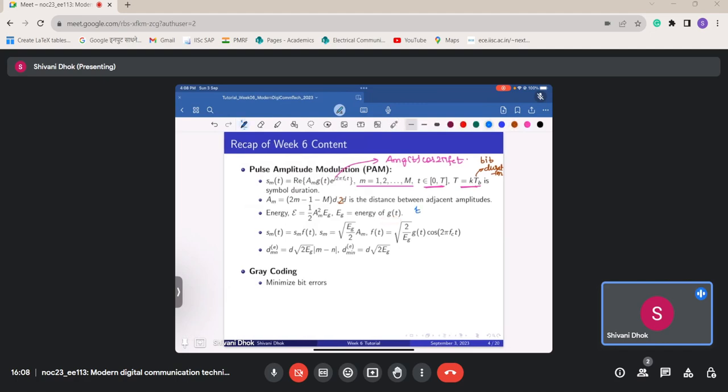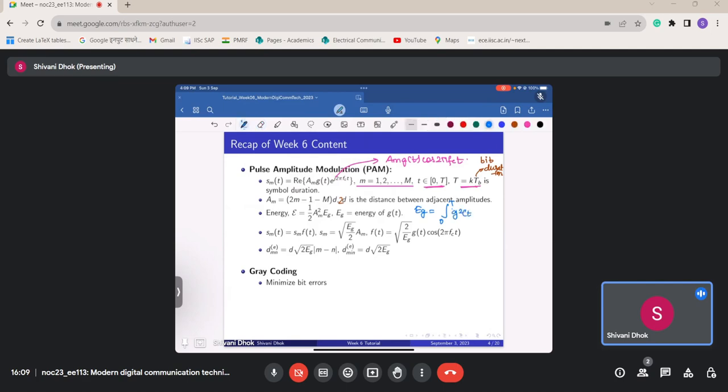E_g is the integral from minus infinity to infinity, or to be precise, since the signal is restricted to 0 to T duration, the integral from 0 to T of magnitude g(t) squared. Anyway it is a real signal, so instead of magnitude I can just write